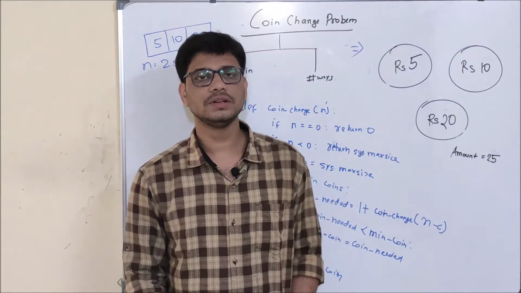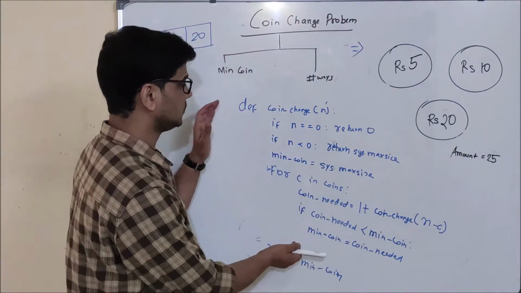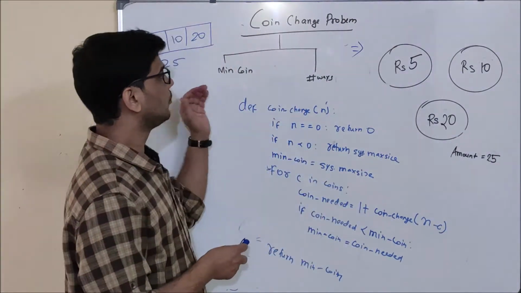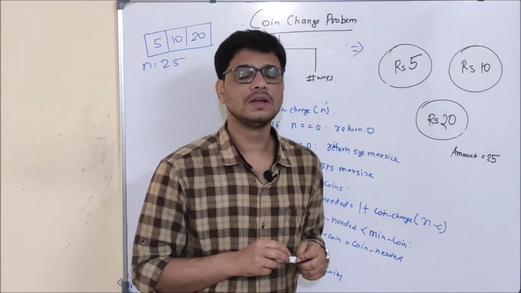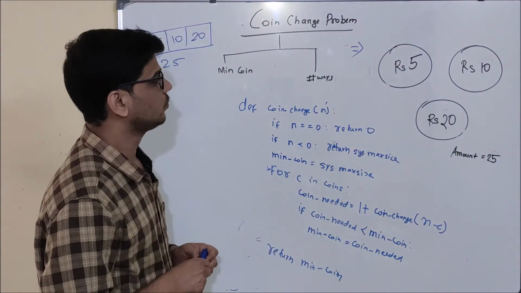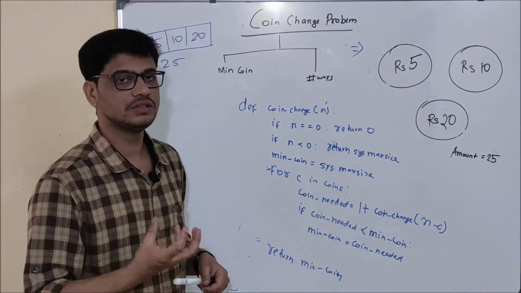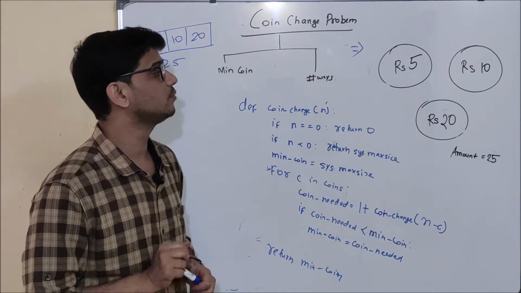Hello friends, in today's video we are going to do the analysis of this recursive program which I have written in my last video for the minimum coin change problem. So you may be thinking why I have taken a different example here. Through this example it will be easier for us to analyze for the DP properties.